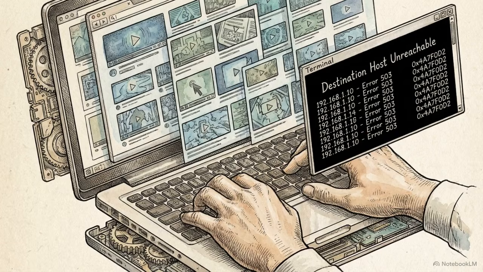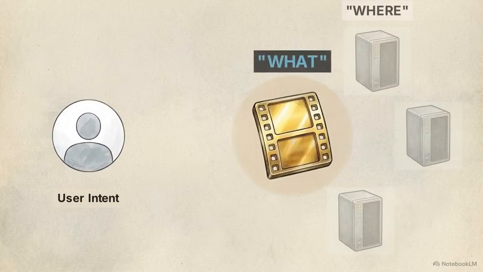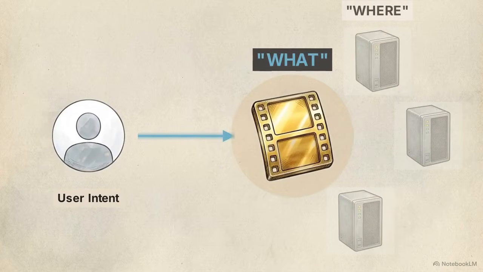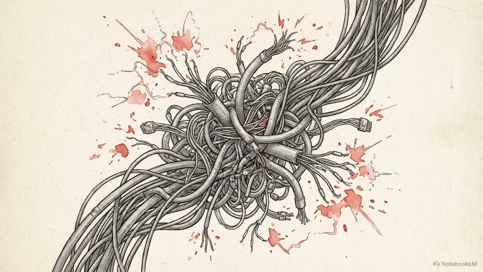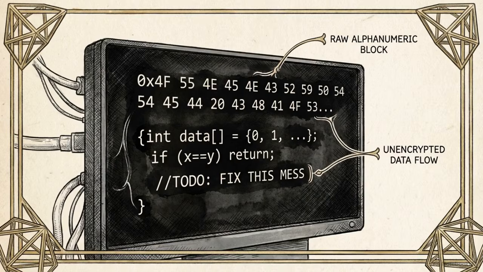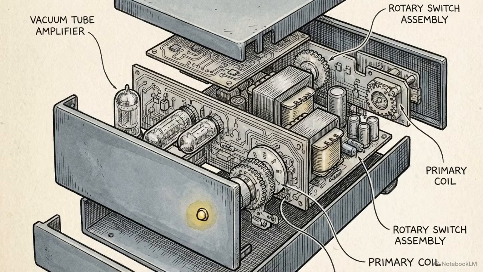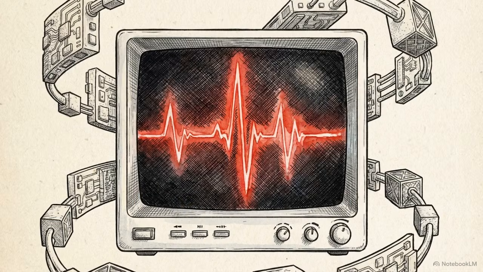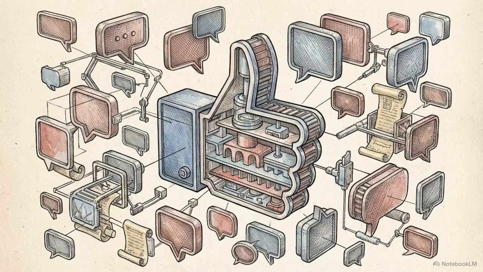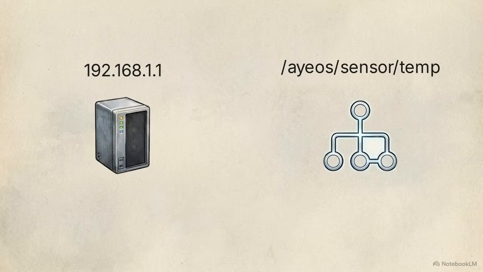This location-based model is increasingly mismatched with how we use the internet, where over 90% of traffic is content retrieval. We are typically asking the network for a specific piece of data, regardless of which physical server it currently sits on. This leads to massive inefficiencies. We secure the connection rather than the data itself, and routers cannot distinguish a critical medical alert from a routine social media update. This is the architectural pivot for the 6G era.